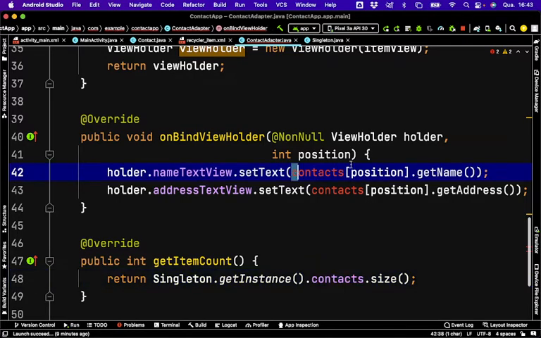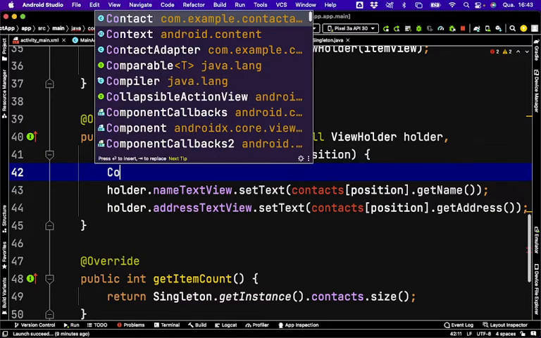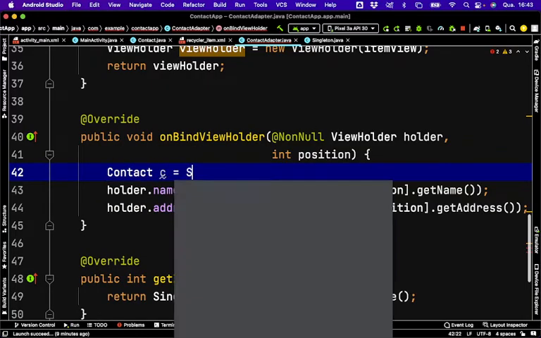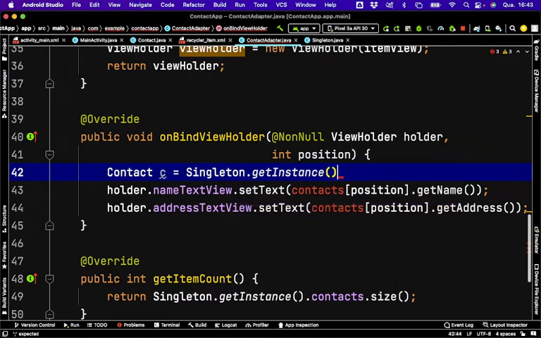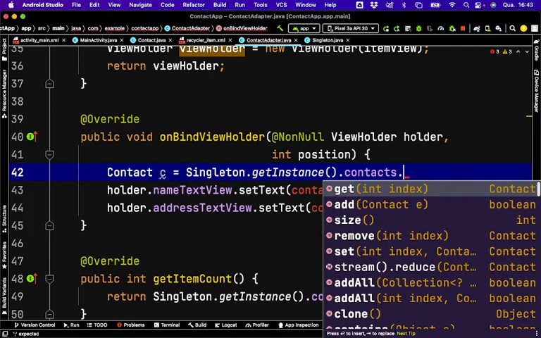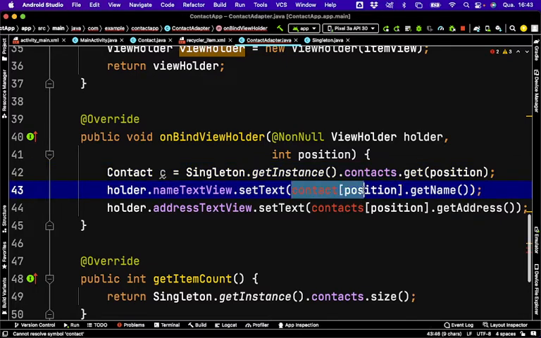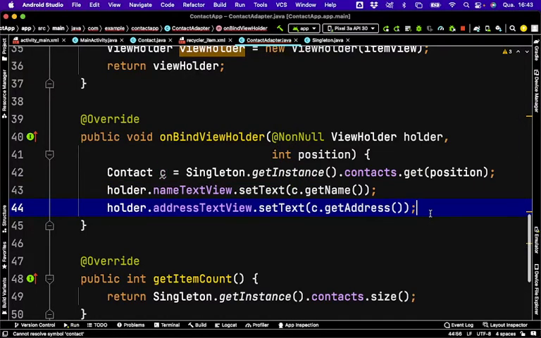So that's easier for us to choose. Also here I can use Contact c equals Singleton.getInstance().contacts.get(position). Now let's do c.getName and c.getAddress. And if you test it again,